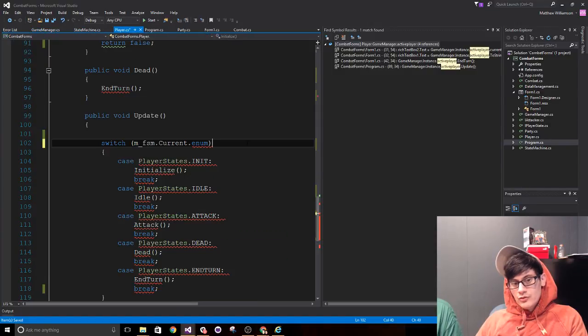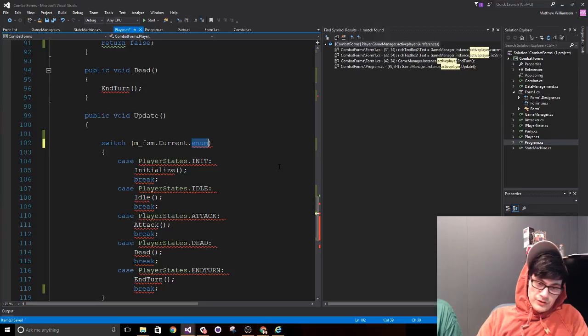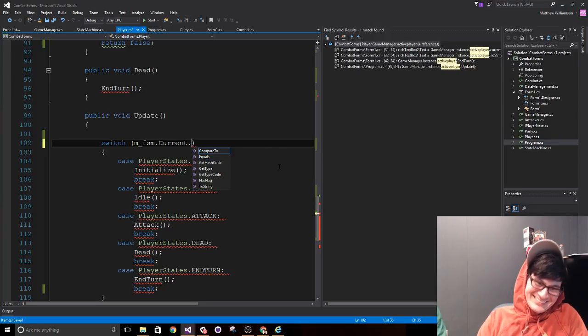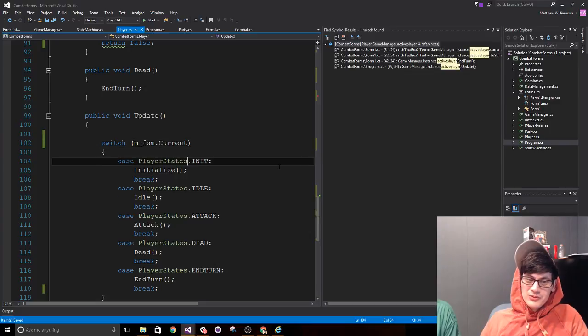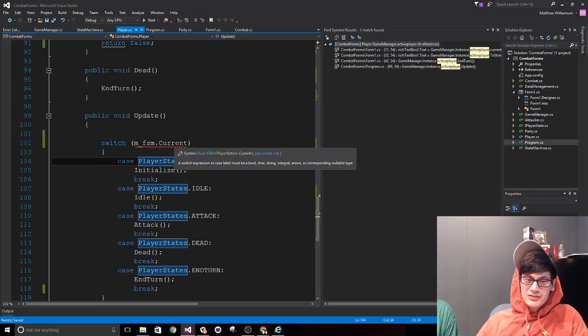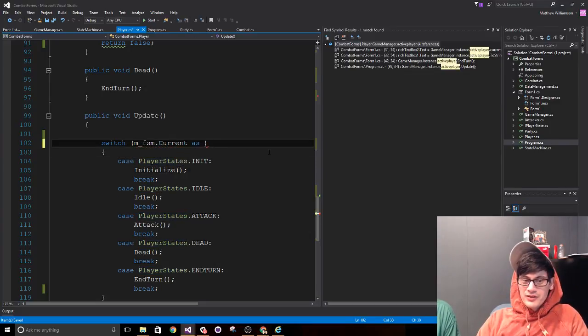Oh yeah, you got the most super specific looking finite state machine award. So no one else's thing will ever look like yours. The FSM returns current. So now, as a player state,